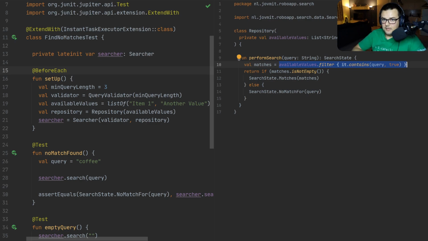But the problem now is that we want to be able to load values from a remote repository, from a local repository, which is, let's say, a database, and perhaps an in-memory one for the tests. But now the thing is that